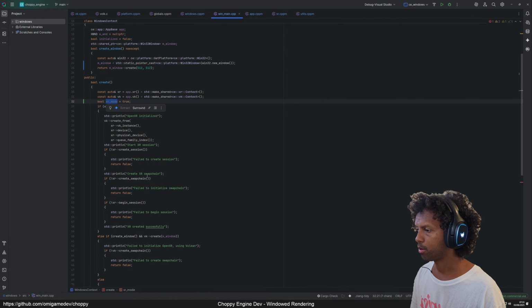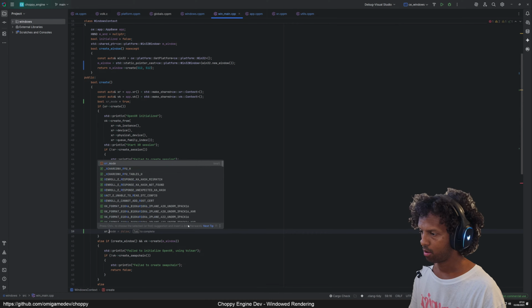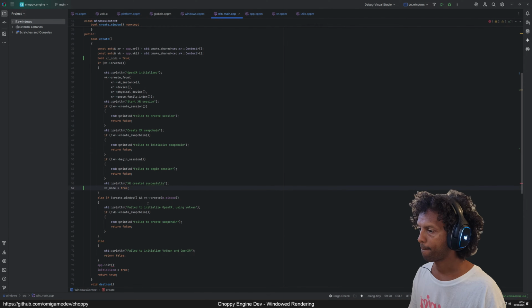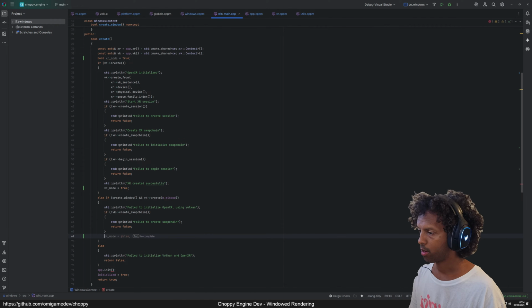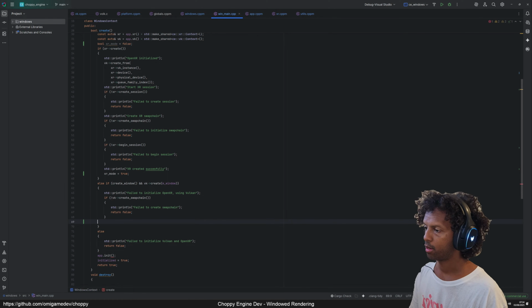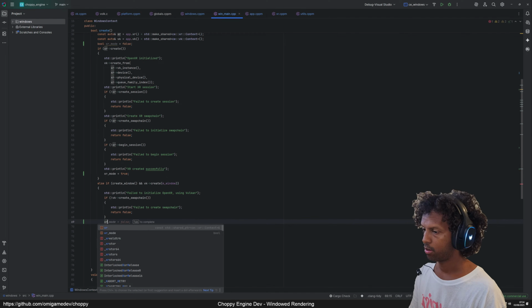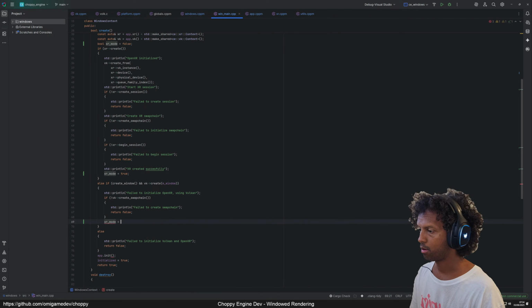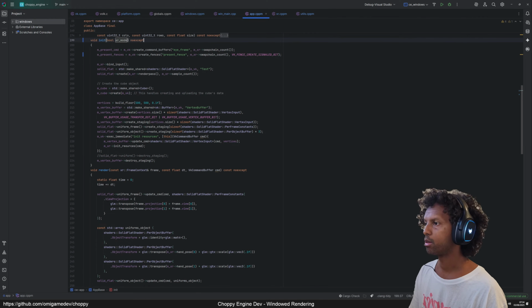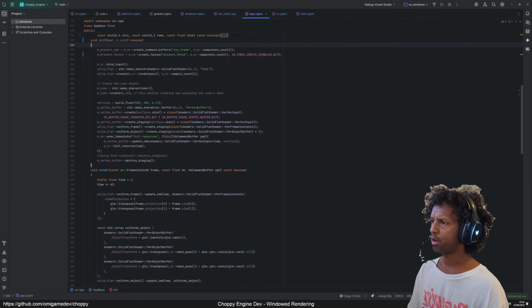So XR mode is gonna be true if everything went successful. You have no idea what XR mode means, right? This needs to be true, not false. And if this goes right, let's start with false. And if this goes right, XR mode is gonna be false. XR mode, XR mode. If we are in XR mode,